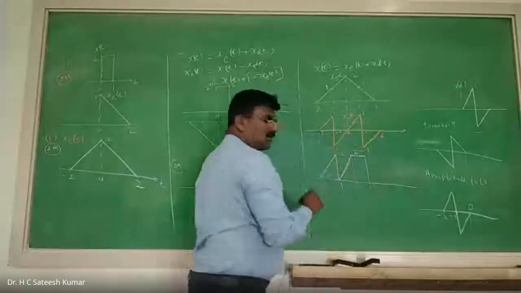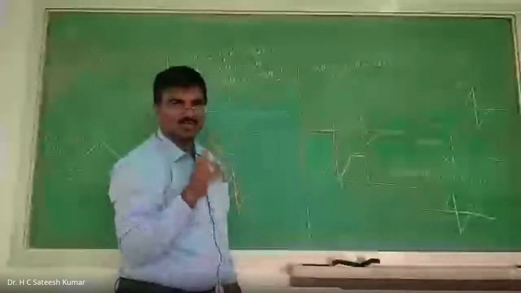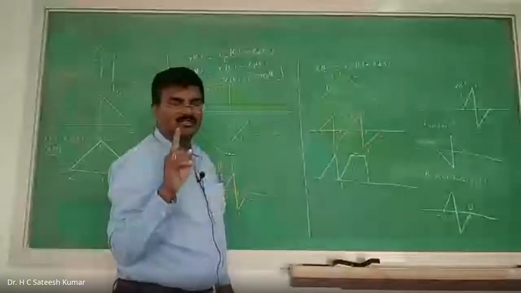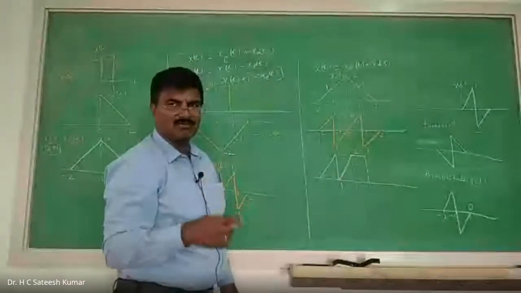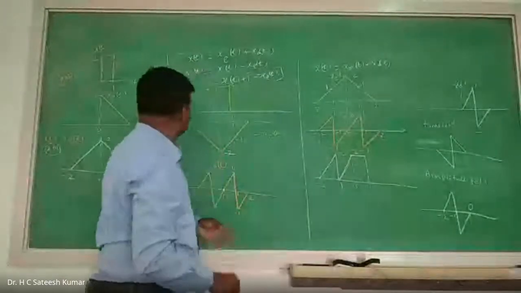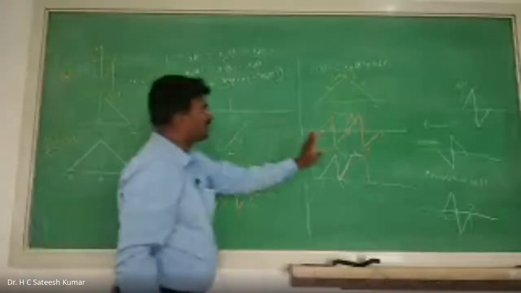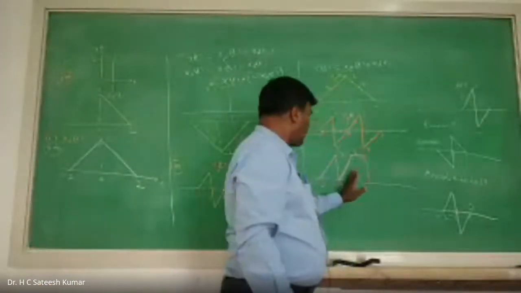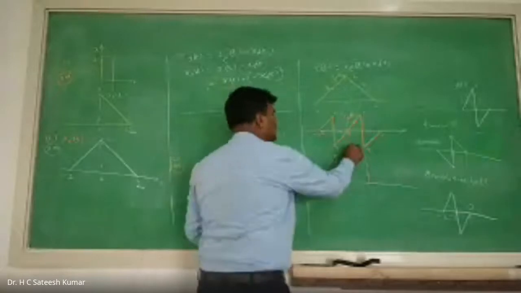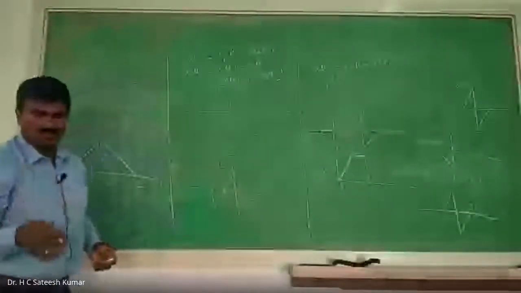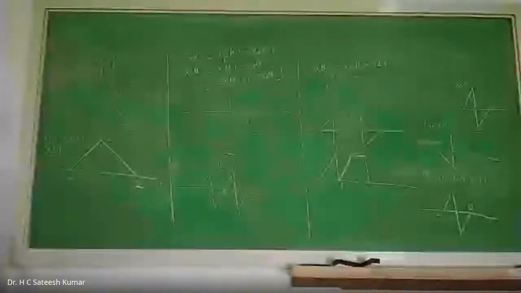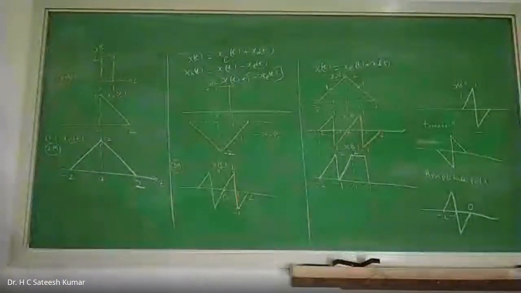And no need to check the right-hand side, because in the question itself, x of t and xe of t for t greater than 0 is given. As it is, you can paste it. See this? He has given this one, no? That as it is, I have pasted here, and only completed the x. So this is your complete x of t. You will get it. Go through the video twice, thrice, 4 times. Lots of confusion you may have.